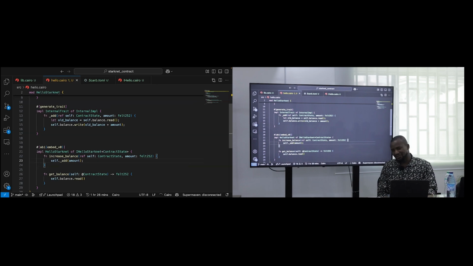So the essence is that most of the time, and it is smart to do that, most of your implementation should be in an internal function instead of external. You can do all the implementation in the body of the increase balance, but it is smart to do it in this particular order. Because down the line in your code, you may still need to do the same addition. What if you now have a function that says add and, let's say,